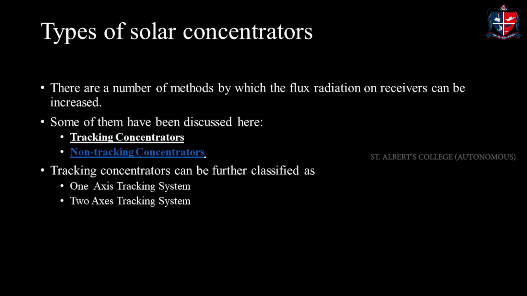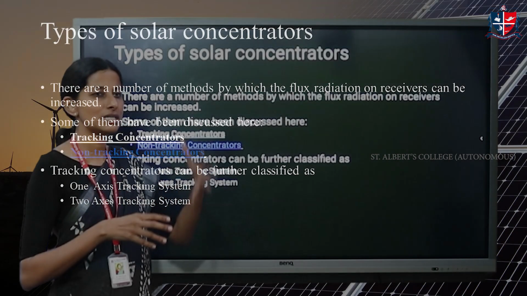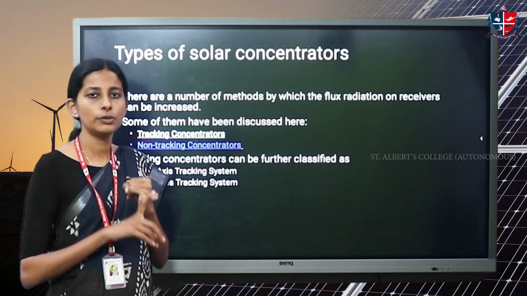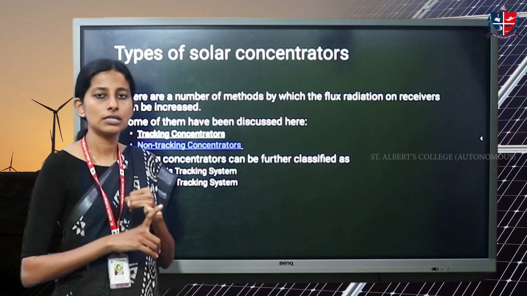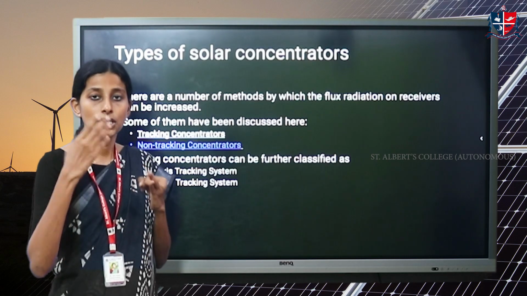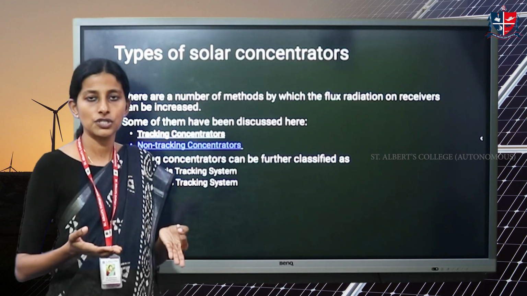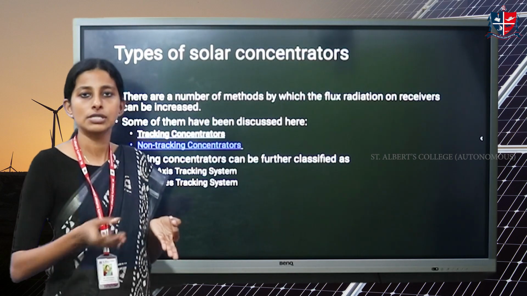So that is how in general we can measure the efficiency of any system. So these are the basic terms. I have not discussed all the terms in the characteristic parameters. We have only delved into what an absorber area is, what an aperture area is, the ratio of aperture to absorber. The big area by small area will give you the concentration ratio. It is a measure of how good your concentrator is.